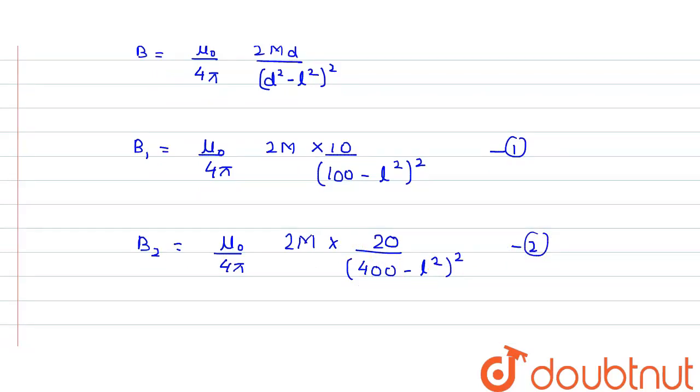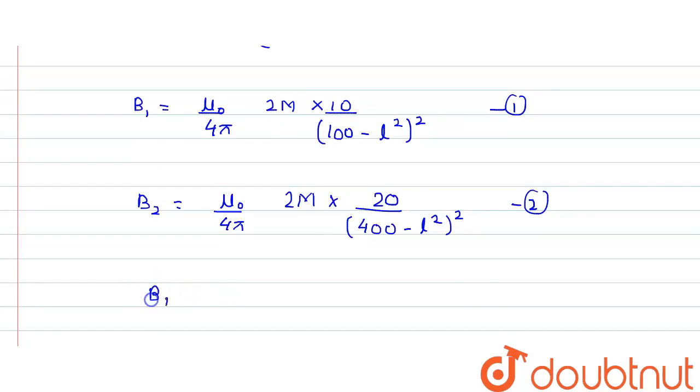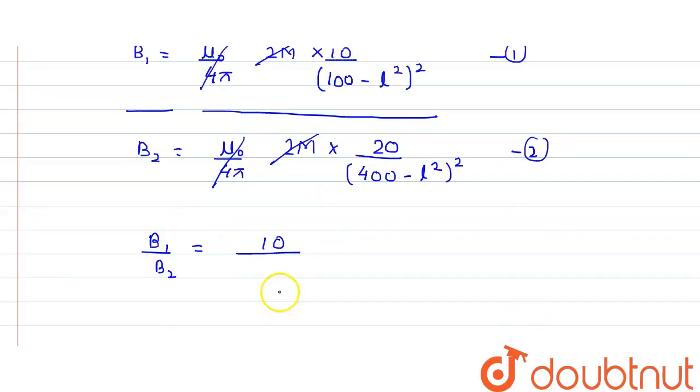Now if we divide B1 by B2, if we just take the ratio of equation 1 and equation 2, what are the common terms? If we just divide here itself, which terms would be cancelled? This term would be cancelled, and 2m and 2m would be cancelled. So here it would be equal to 10 divided by, we just write this ratio, (100 minus L square) to the square, into, so this term would be coming into the denominator, so it will move into the numerator. So (400 minus L square)